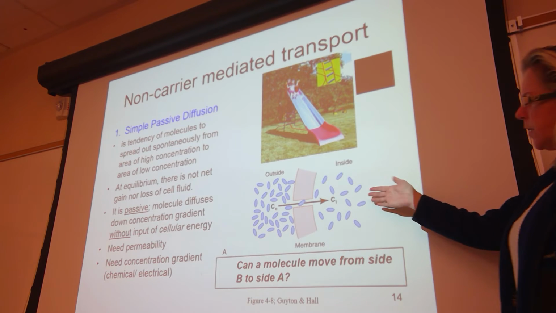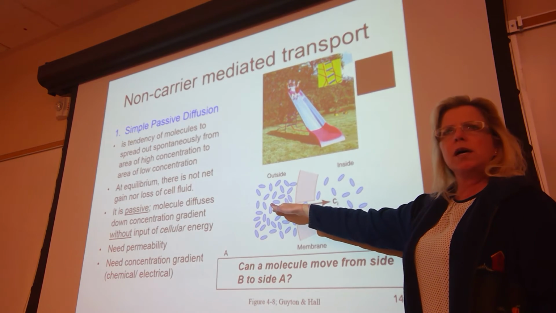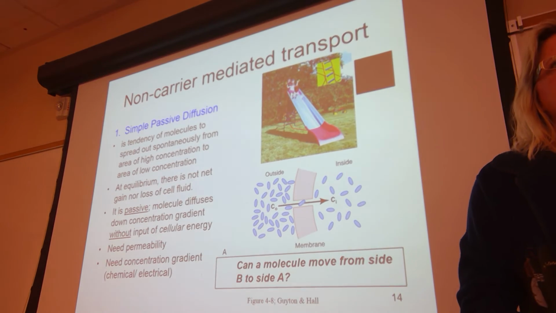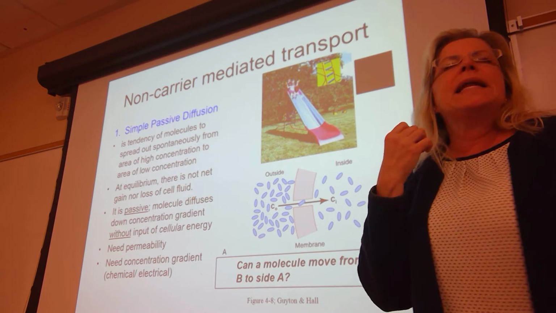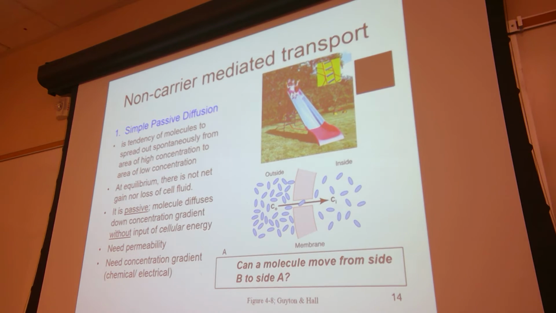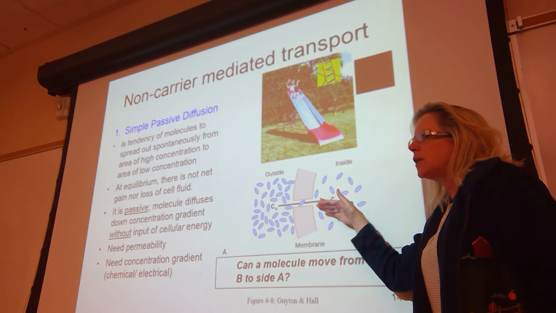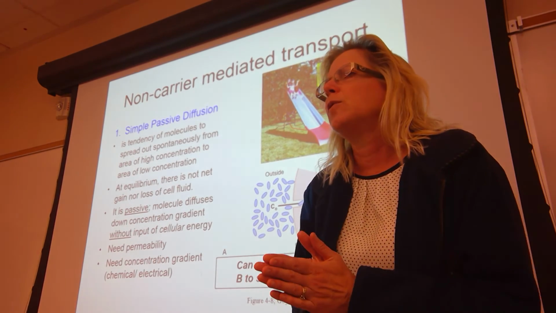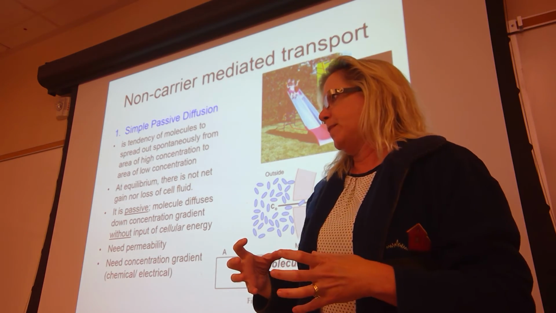Now, can a molecule move from this side back outside? Could something move against the gradient? Isn't there random motion in those bonds that I was telling you about? But overall, when we speak of diffusion, it's a net movement. Overall, which way will the substances move in this picture? From outside to in. So the random molecule that worms its way against the gradient, I like to think of that idiot when you are on an elevator,